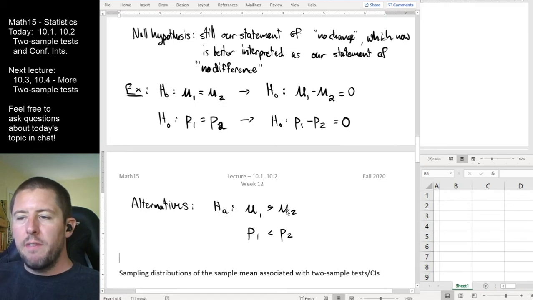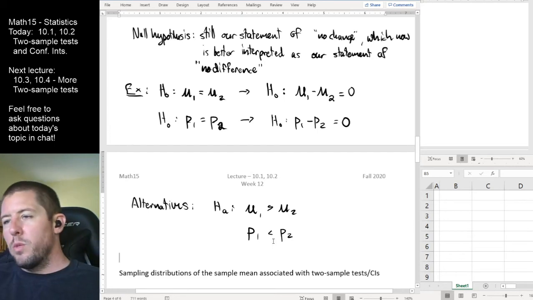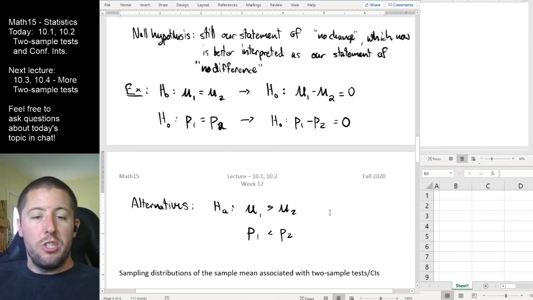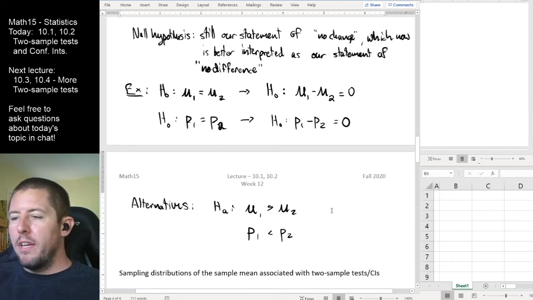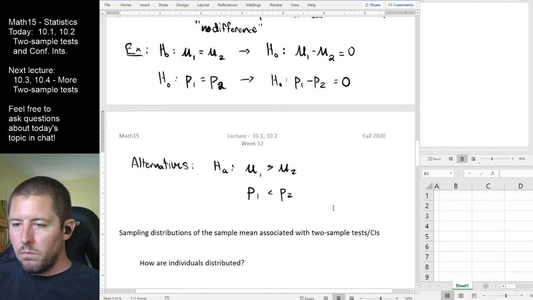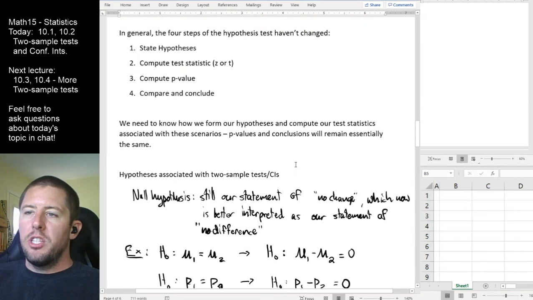And you should expect for your alternative hypotheses, again, to include your less thans and your greater thans, or equal to's as well. So it's still equal signs with the nulls. It's still less thans and greater thans for the alternatives. Just be sure that you're referencing both of the populations that we want to discuss in your null and alternative hypotheses. The other thing that's going to change a little bit is how we compute our test statistic,